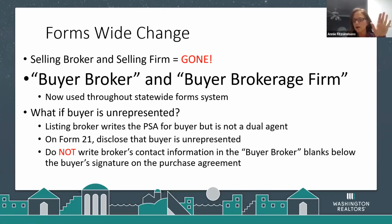Remember that the only reason that you're getting a commission, the only reason compensation is paid, is because the seller has signed a listing agreement. There could be exceptions to this rule, but in most cases, the only reason a commission is being paid is because the seller has signed a listing agreement with the listing firm. And in that